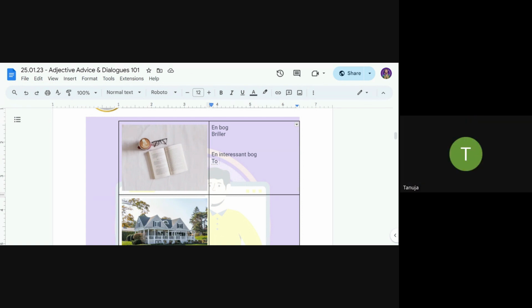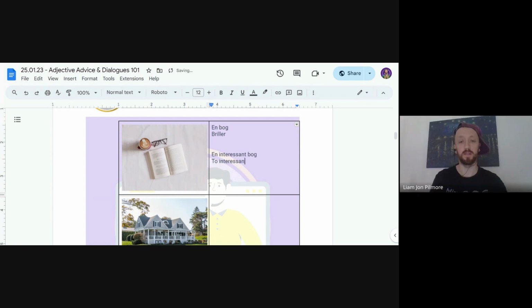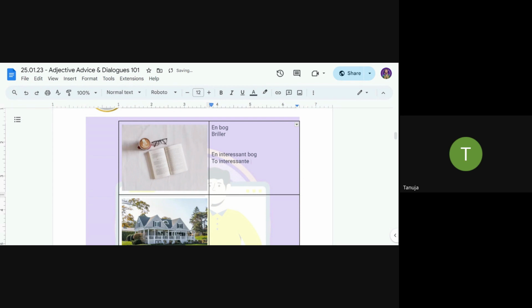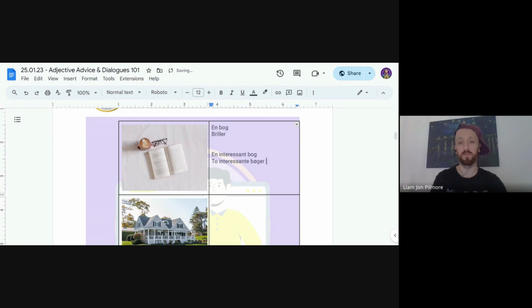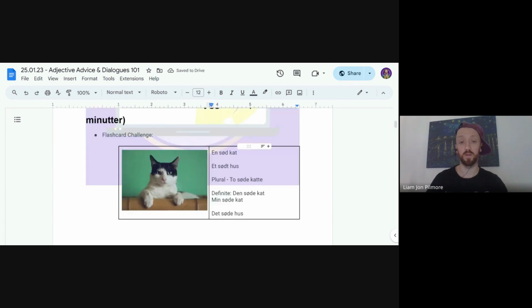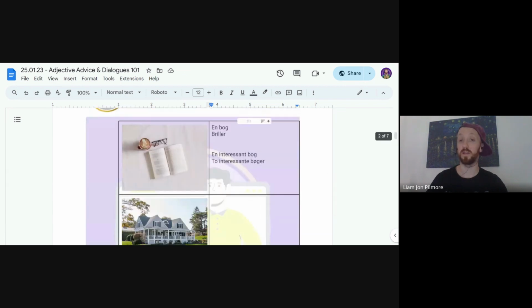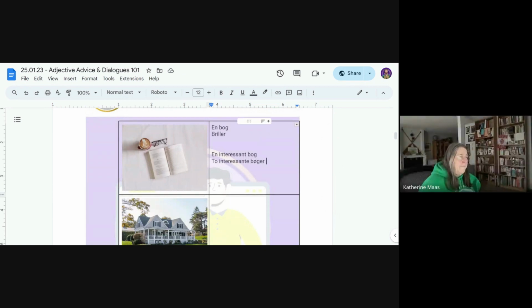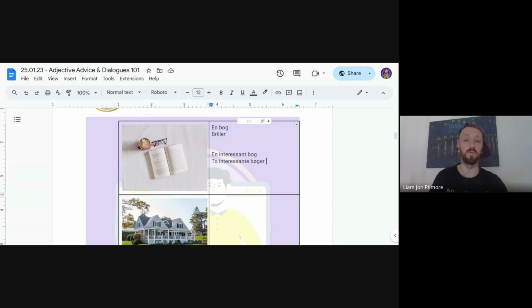What do I need to do with that? To interessante bøger. Okay, interessante bøger. So just like we had before, basically we just add an E to søde, interessante. It's not always the case, but this is the basic rule. So same thing, den interessante bog. That interesting book. Den interessante bog.